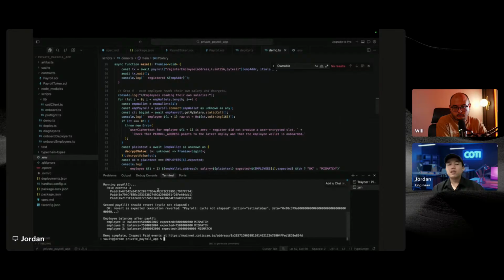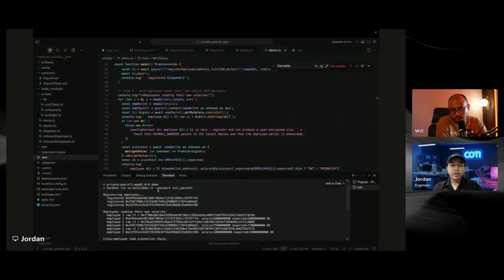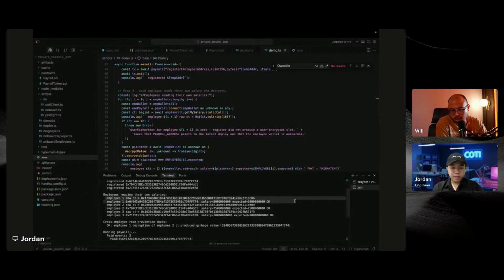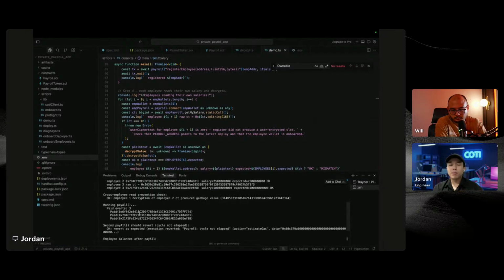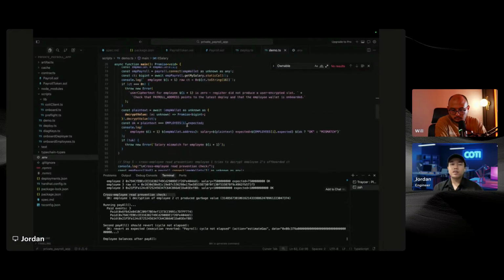So over here, we can see that employee one can read their own salary. And it can read because it pulled the encrypted data and used their keys to decrypt it, and we're checking if the amount is correct. It goes on for all of the employees. And the next demo check is checking